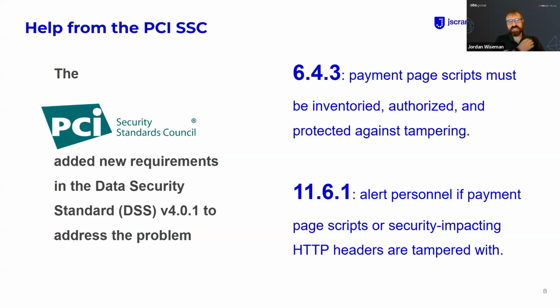So the second requirement, 11.6.1. Requirement 11 generally is about testing and monitoring the security state of your systems out there. And requirement 11.6.1, related to this payment thing, says, okay, you've deployed these applications, you've made sure that they're secure and that the scripts on your payment pages haven't been tampered with as they've been deployed. This one says, okay, now that they're out there, you need to monitor to make sure that